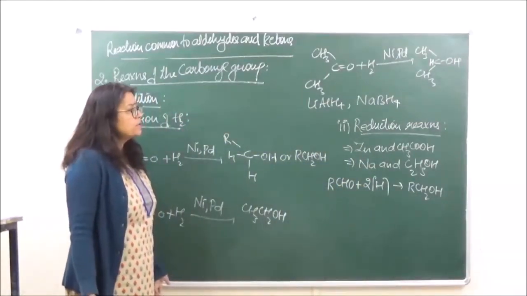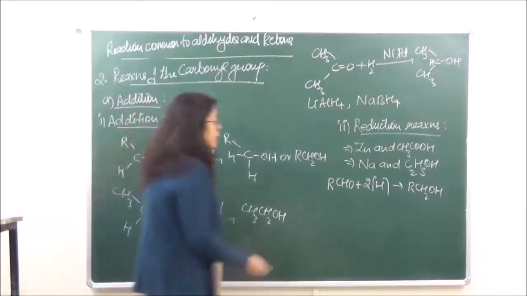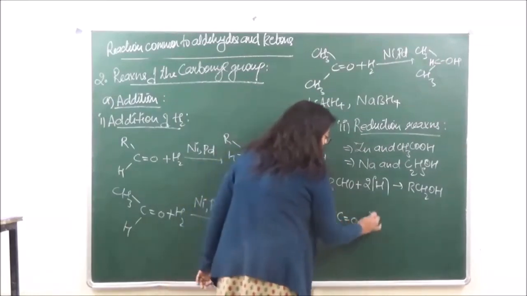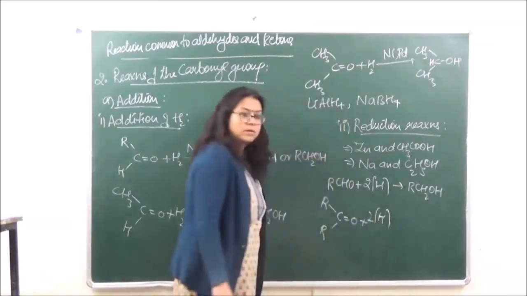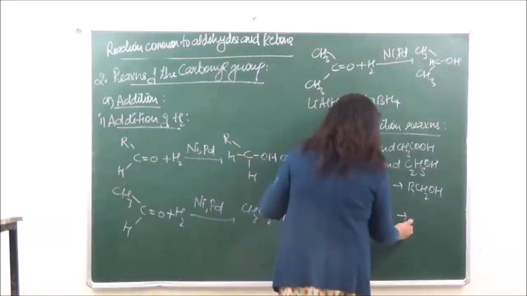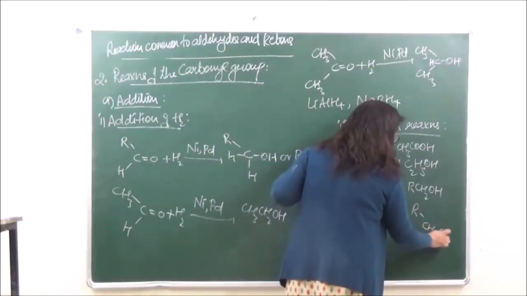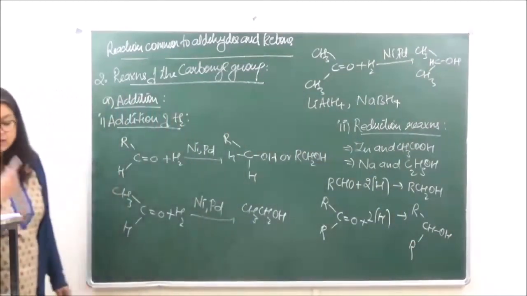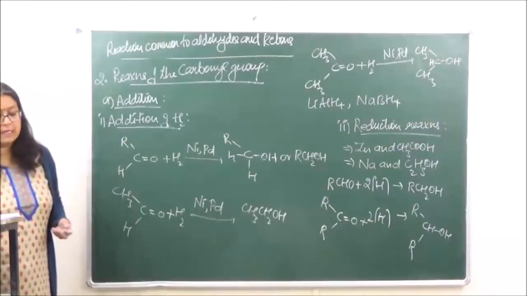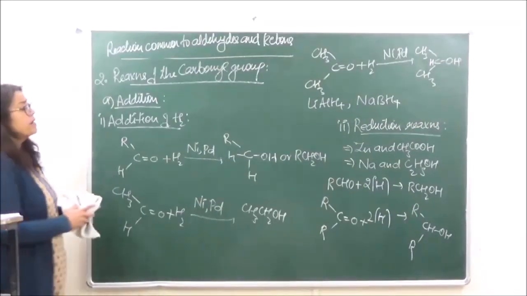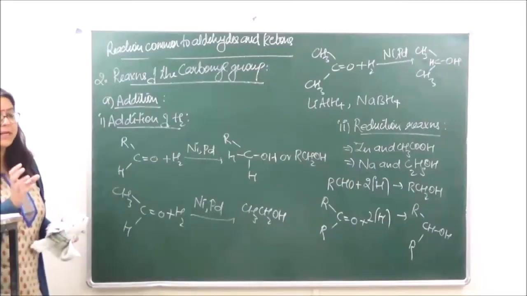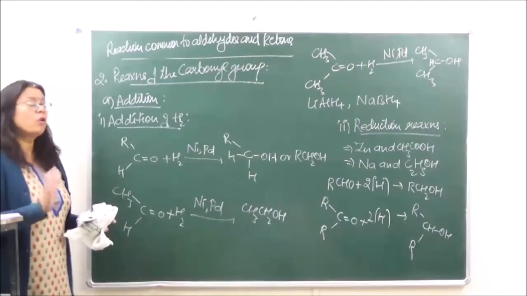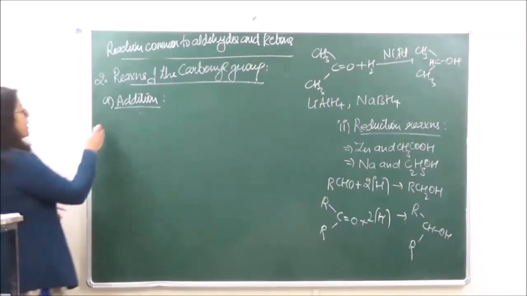We can use any of the reducing agents which I have mentioned above. It can be lithium aluminum hydride, it can be sodium borohydride as well. So if you're taking a ketone over here, this is going to give us what? A secondary alcohol. Ketone will give us secondary, and if we have acrolein, in this case, the double bond, if present in the carbon chain, and we are using lithium aluminum hydride as a reducing agent, that double bond will not be changed. So, if we are having over here acrolein,